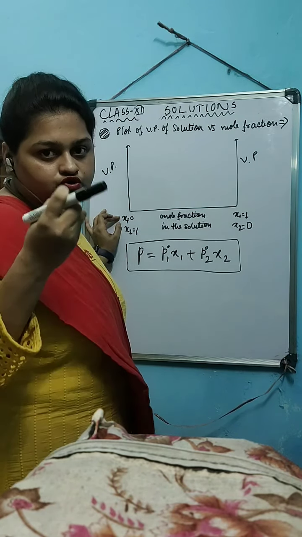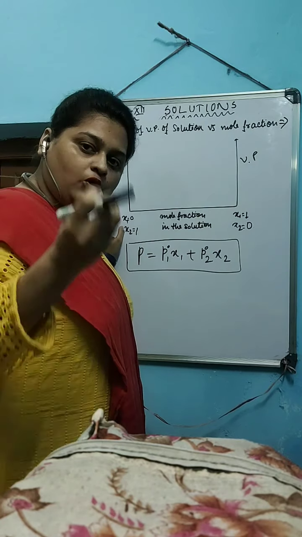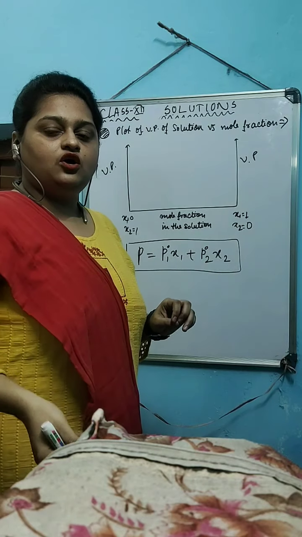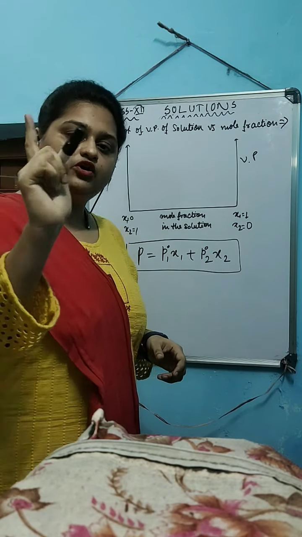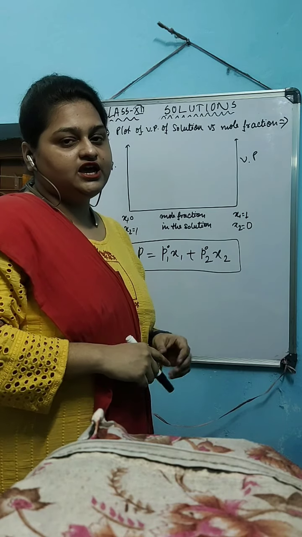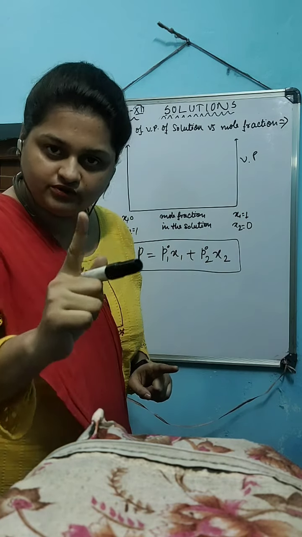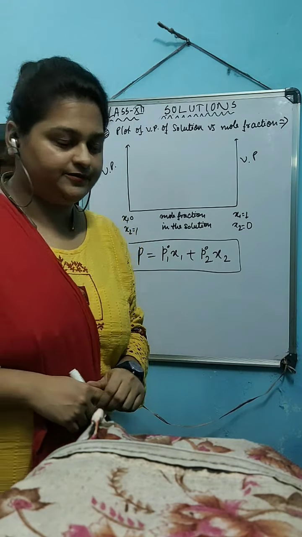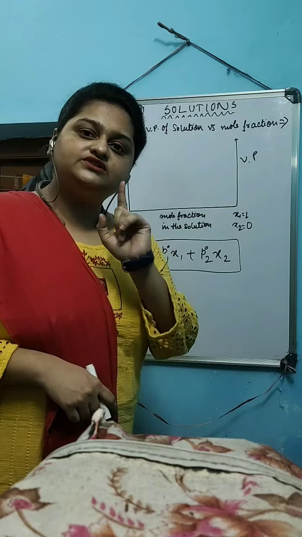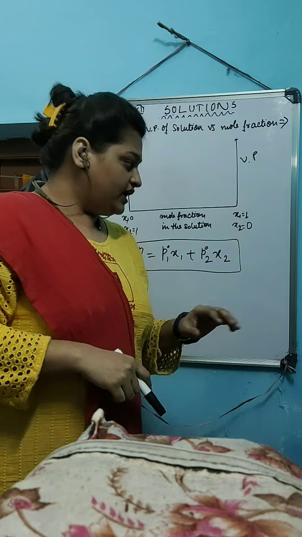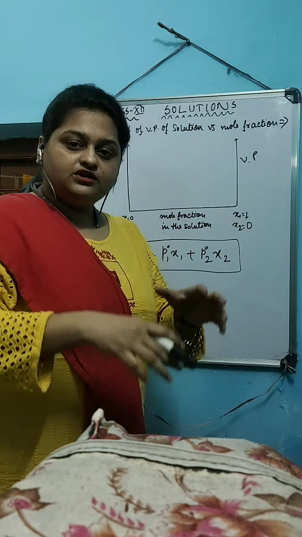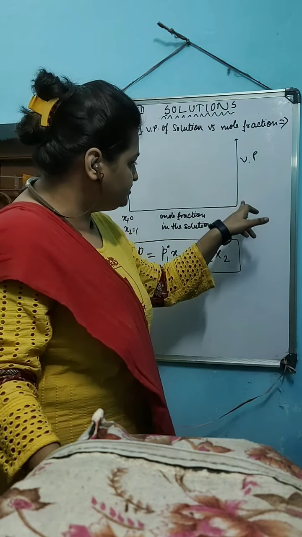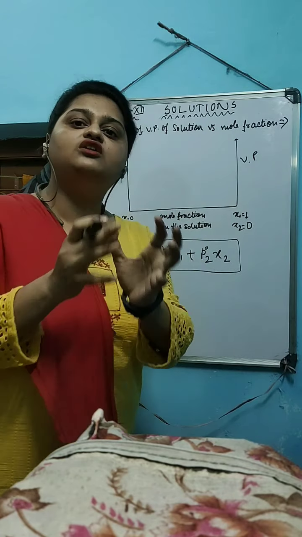That is, there is no solvent present in the solution. So only solute is present. When only one component is present in an entire mixture, that component can be represented as 1 in fractional terms. That's why X2 is 1, because now only solute is present. At this point, X1 is 0, meaning no solute is present, and at this point only solvent is present.